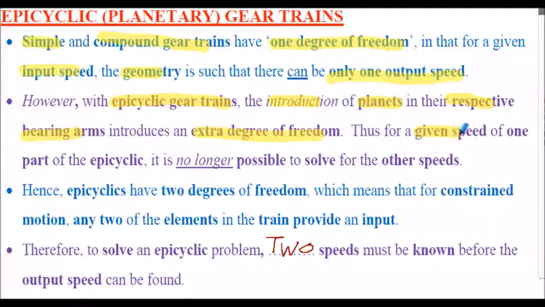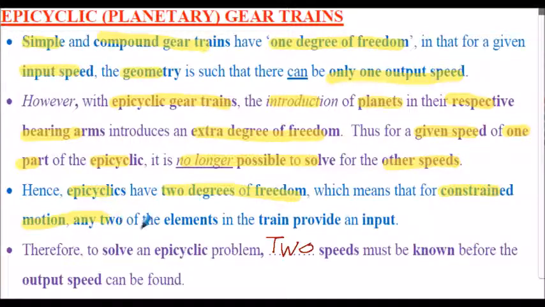So for a given speed of one part of the epicyclic gear train, it's no longer possible to solve for the other speeds. In mathematical terms, you need more simultaneous equations to solve for all the various speeds of the gears. So epicyclics are actually described as 2 degrees of freedom, which means that for a constrained motion,